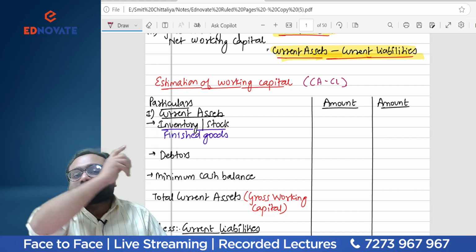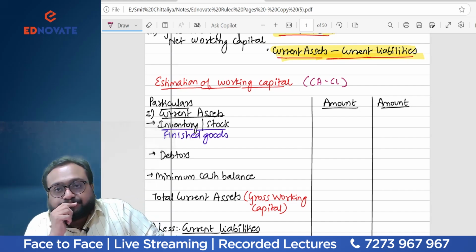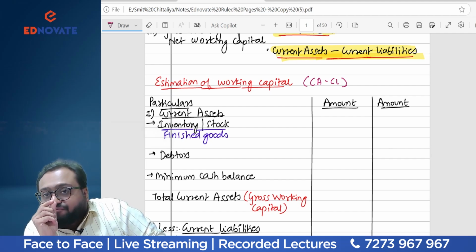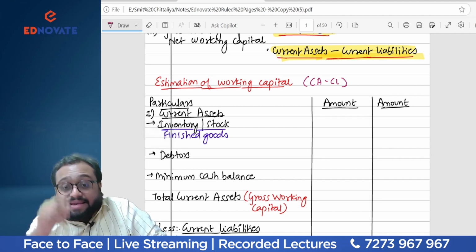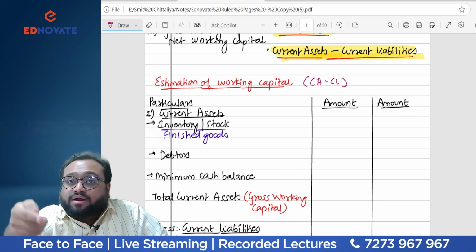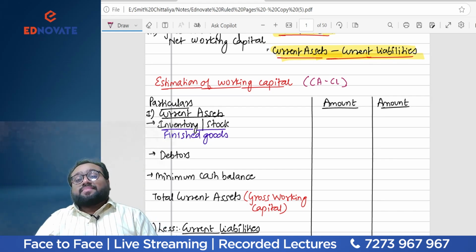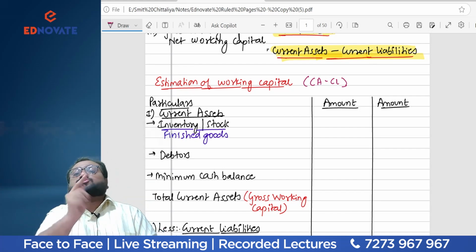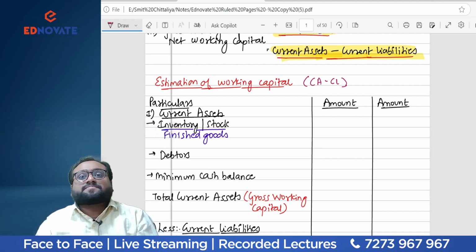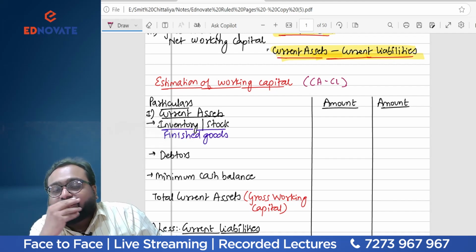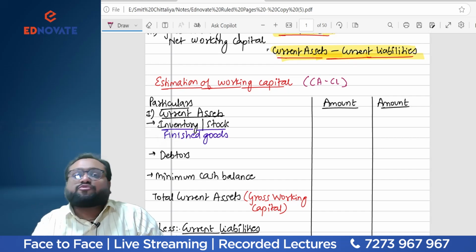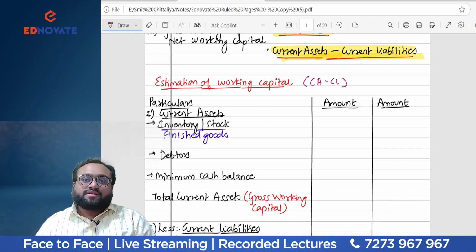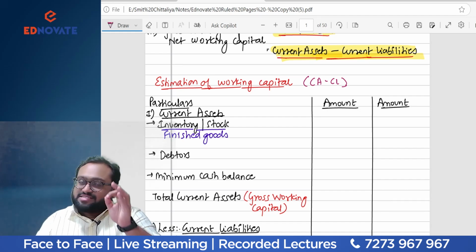However, there's a problem over here. So what is the problem? All my sales are not on cash basis. Some percentage, 15% of my sales, are done by debit card and credit card, and that money is not reflected in my bank on the same day. That money is received in my bank after 9 days. So that means for 9 days there is an investment in debtors, students, and that is why here we will have debtors. If there was no debit card, credit card, of course debtors would not come because every transaction would be in cash. What a beauty of a question. Never have we seen such a thing in the module. The person who has drafted the RTP has drafted it very nicely.